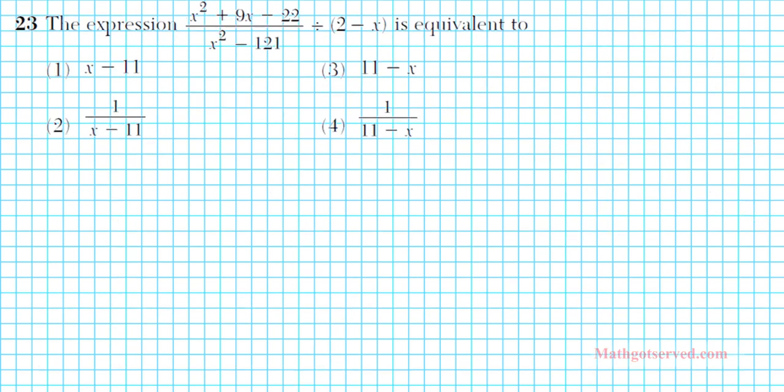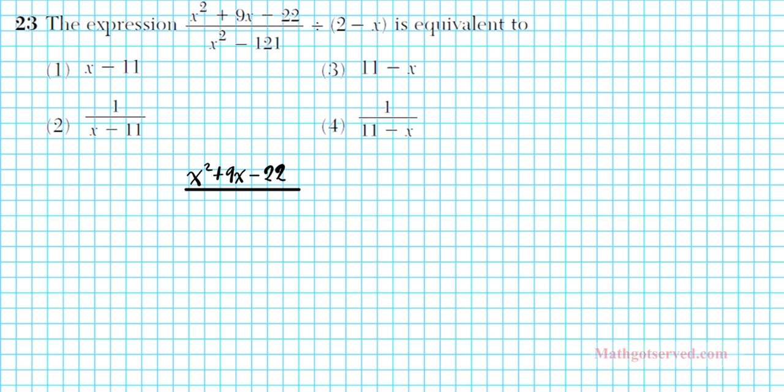All right, let's take a look at problem 23. In this problem, I'm going to make a mistake deliberately, and I will see if you can catch my mistake, and then I'll go back and fix it, okay? So watch carefully. We're going to try and find out what this is equivalent to. So we have x squared plus 9x minus 22. We have that divided by